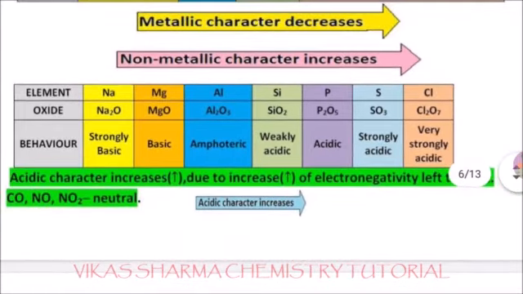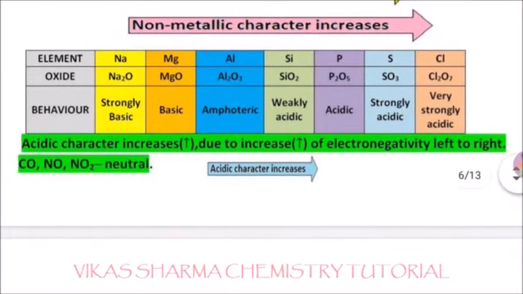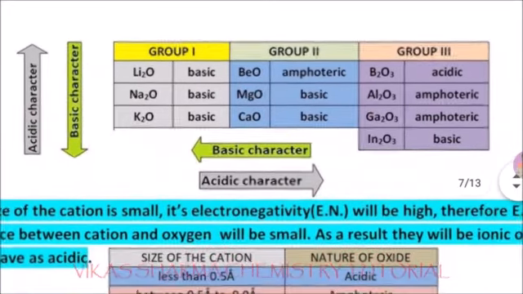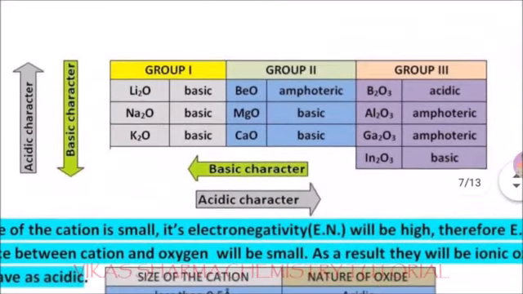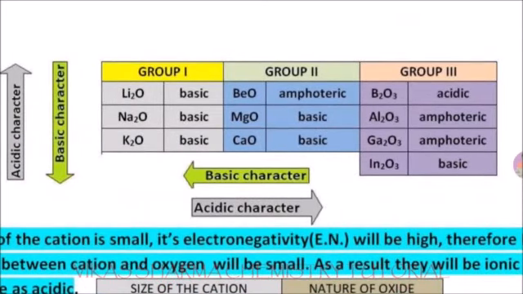When we move left to right, the acidic character increases, and when we move right to left, the basic character increases. So they are separate from the substances which are oxides showing amphoteric behavior. So it's easy for students to learn and memorize. Another picture you have seen on your display is an easier way for you to understand.